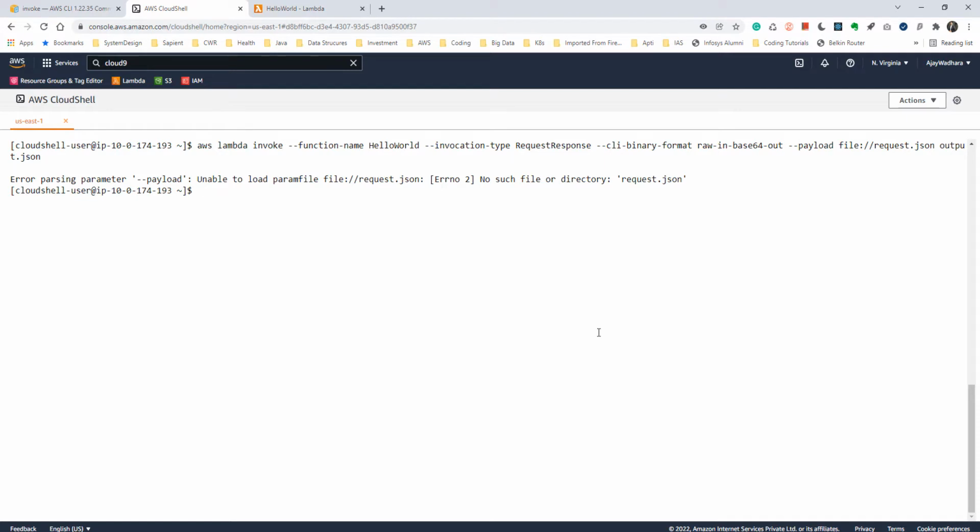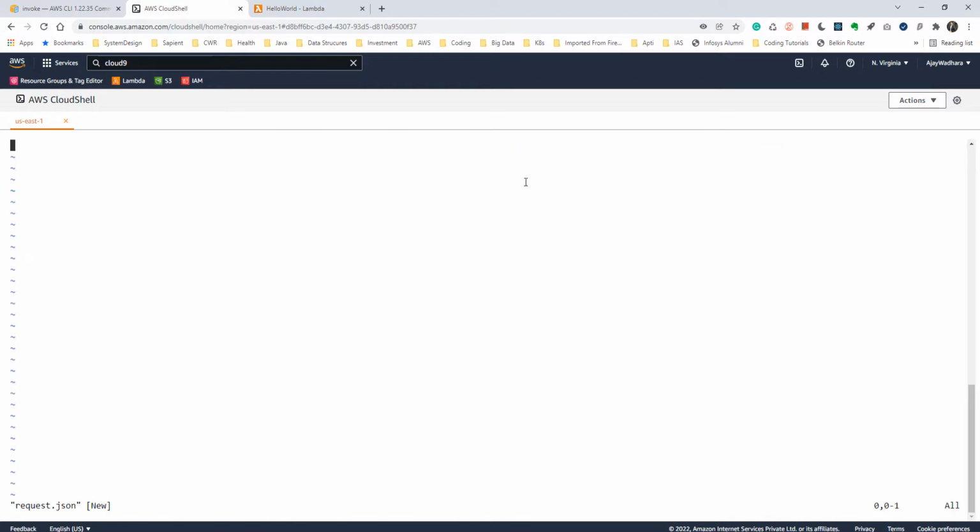Obviously there's no file as of now, so let's create a new file, request.json. Maybe we can use the vi editor or nano. I'll give this name as request.json. The content of this file would be a string value, right? We are passing a string, so I'll press i to go into insert mode and type: my YouTube family.